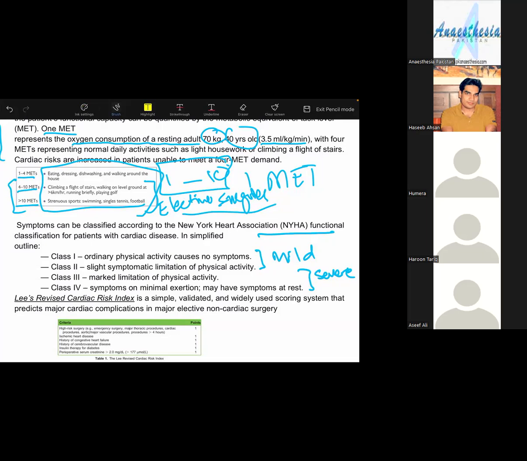Hasib, you try to answer. Yes, if we ask the questions and the patient is having METs from 1 to 4, then we could not perform an elective surgery. We have to evaluate the patient because he is having some type of distress. We could not perform an elective surgery in a patient having 1 to 4 METs. But if the patient is falling under the category of 4 to 10, then it means the patient is having